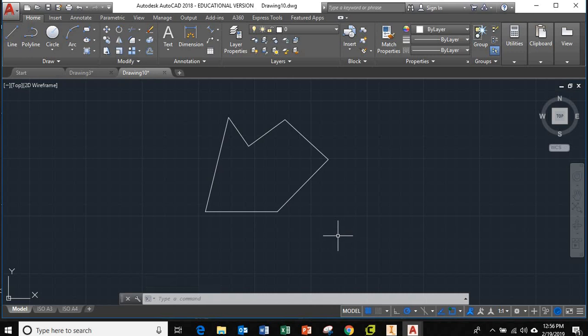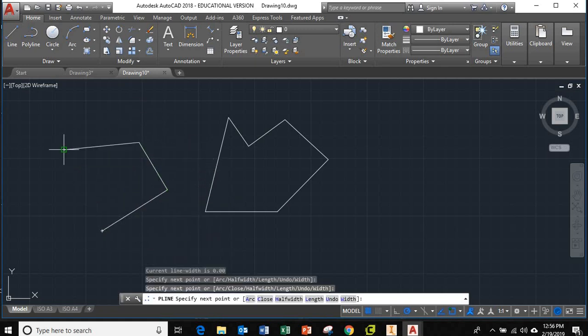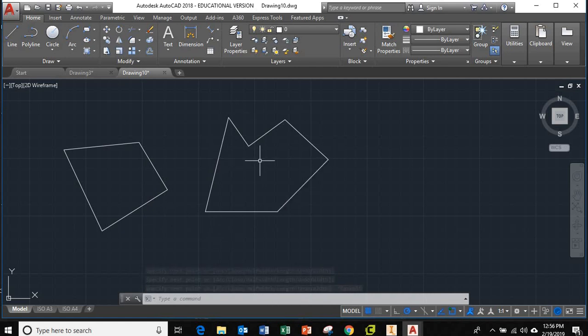Now let me show you how a polyline is different. Let's use Polyline. I can click on Polyline and draw something similar. It doesn't matter what shape you draw. Just draw a shape and close it. Now click escape. Alright, so this was drawn with the line command and this was drawn with the